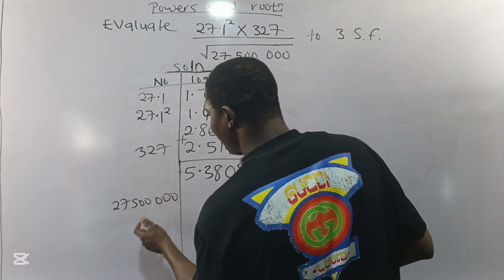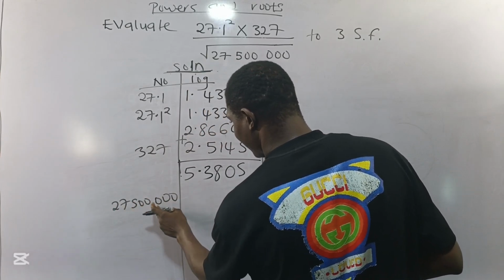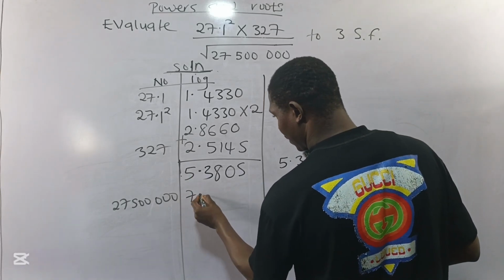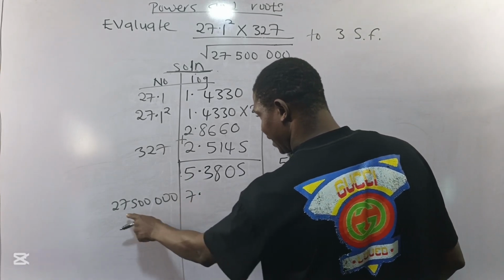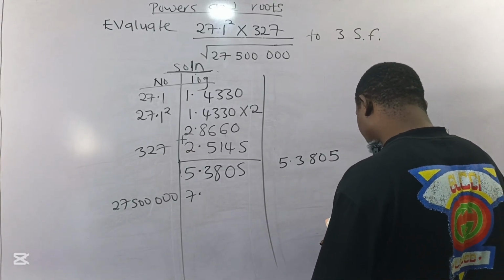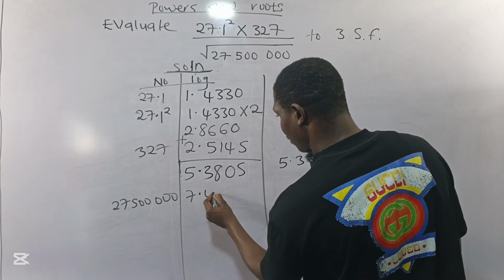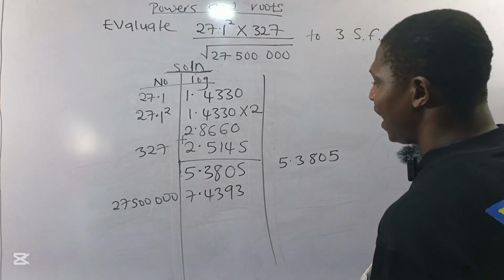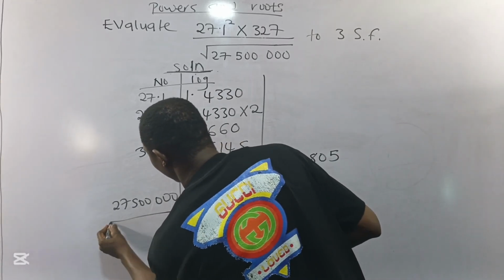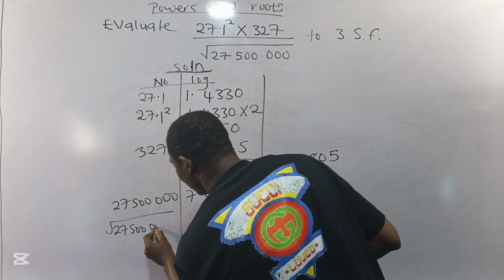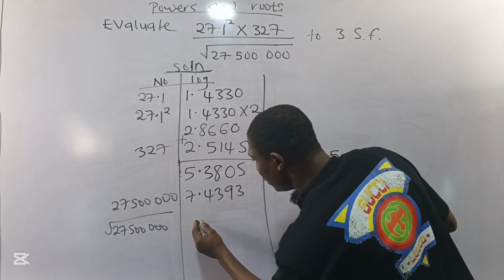27,500,000. How many digits? 1, 2, 3, 4, 5, 6, 7, 8. 8 digits minus 1 digit will give me the characteristic as what? 7. So I have 7 point, and I'll check 27 under 5. 27 under 5 is 4393. So if I have this, I'll therefore have the square root of 27,500,000 to give me